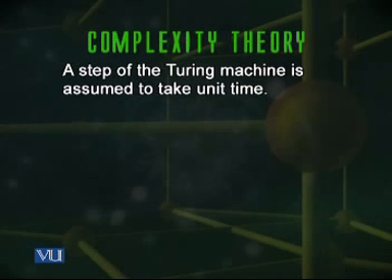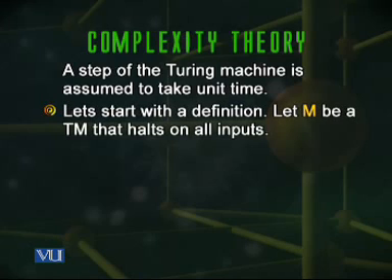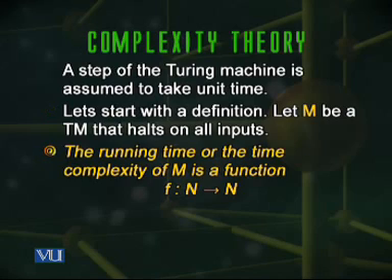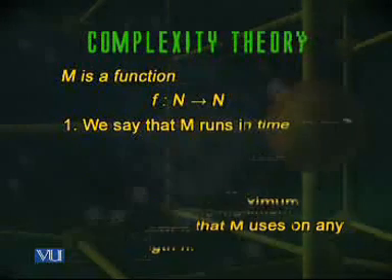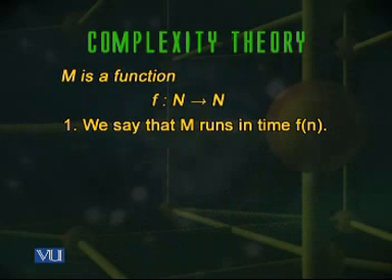A step of the Turing machine is assumed to take unit time. Let's start with the definition. Let M be a Turing machine that halts on all inputs. So, M is a decider. The running time or the time complexity of M is a function from natural numbers to natural numbers such that f of n is the maximum number of steps that M uses on any input of length n. In this case, we will say that M runs in time f of n, or M is an f of n time